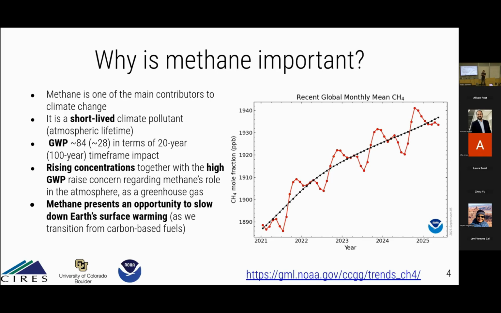And global warming potential is defined as the potential that a chemical has of warming up the surface of the Earth compared to the same amount of carbon dioxide. As you can see here, it's higher than the standard, which is carbon dioxide. And as you can see here in this graph, the concentration of methane in the atmosphere is rising with time. So those rising concentrations